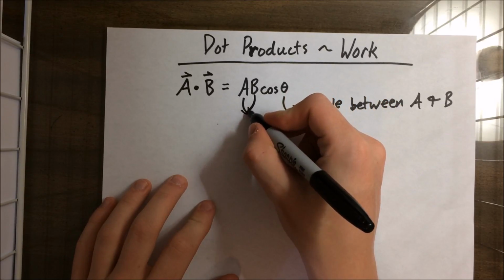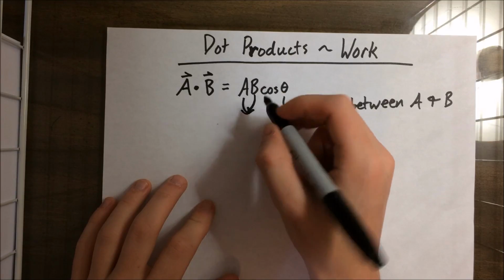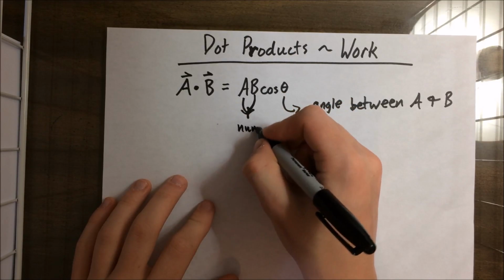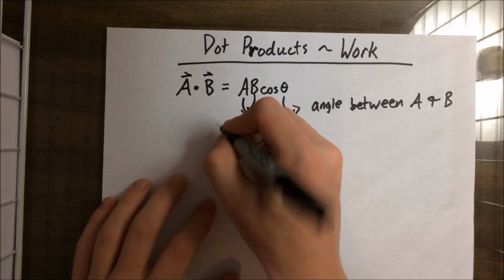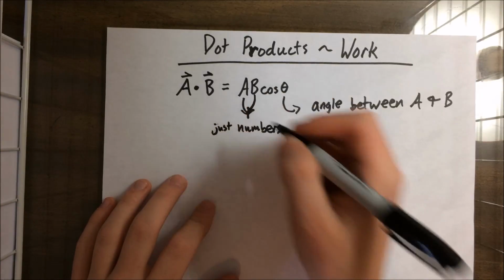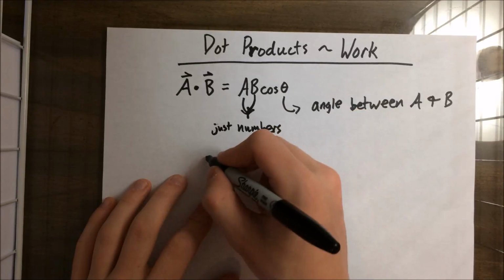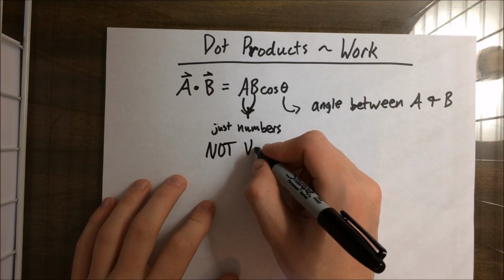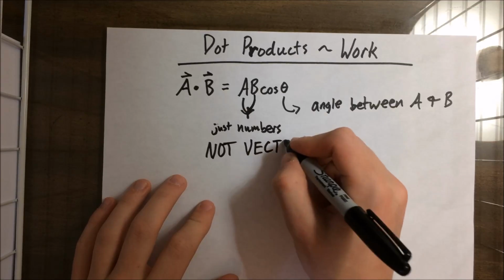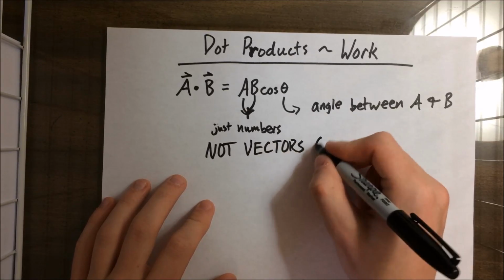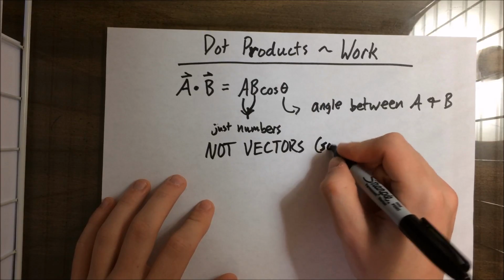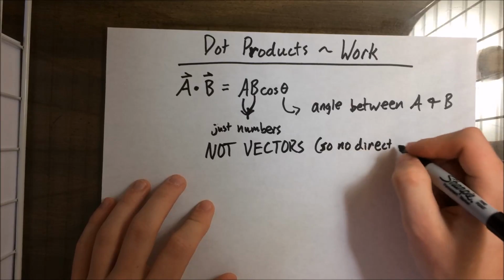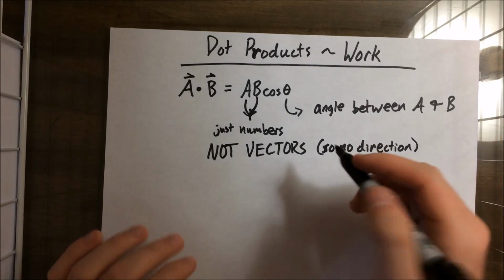So these two are going to come down, and those are just numbers, not vectors. So I'll put in parentheses, no direction,